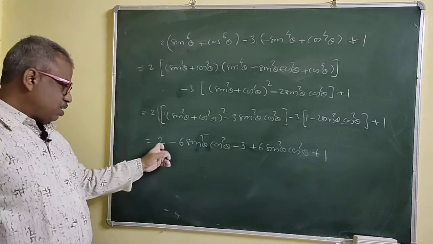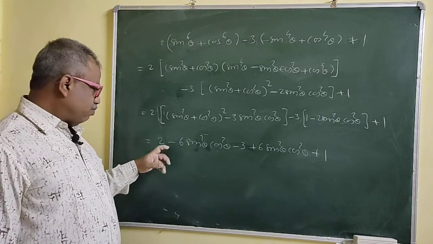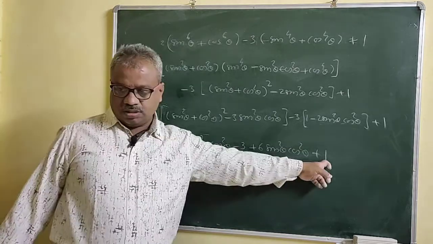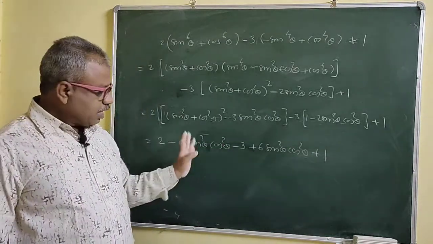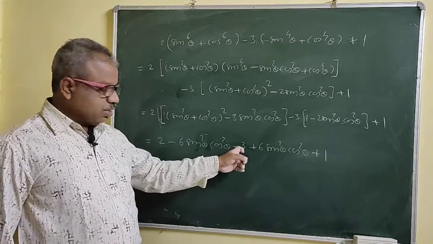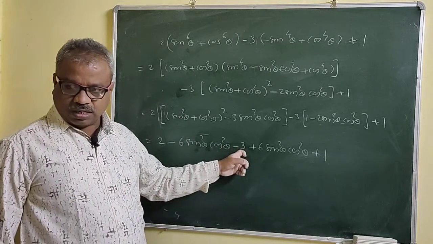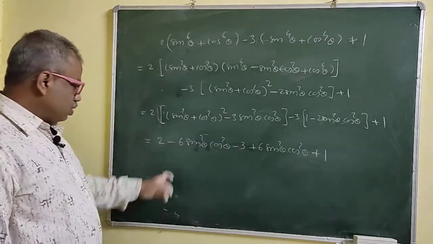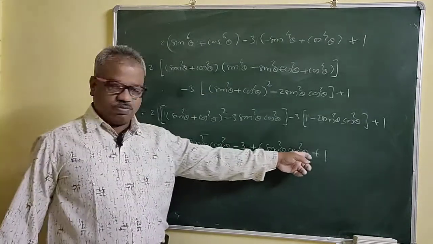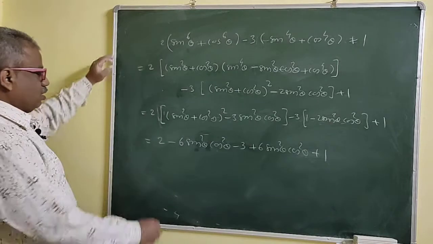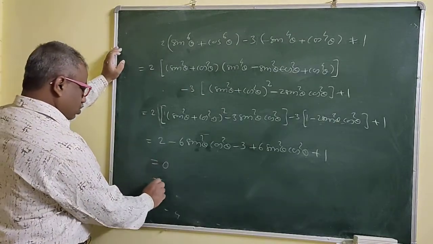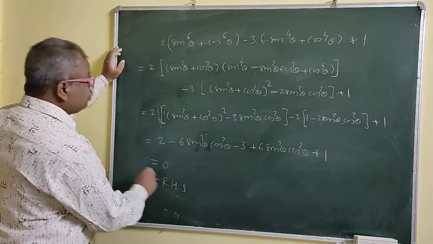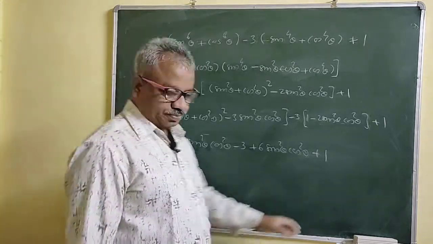Now see the constant. Take the plus sign: this is 2 plus 1, which is 3 now. Now take the sum of the negative sign, so there is only 1, that is minus 3. So plus 3 minus 3, the constant will be removed now. Now this is minus 6 and this is plus 6. Both the terms are the same but opposite. So this is 0. This is your RHS.